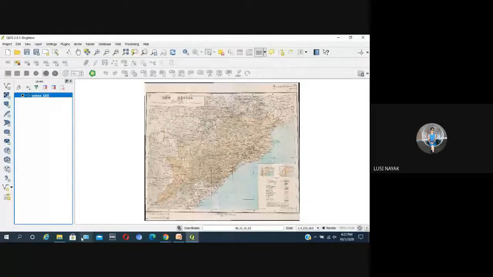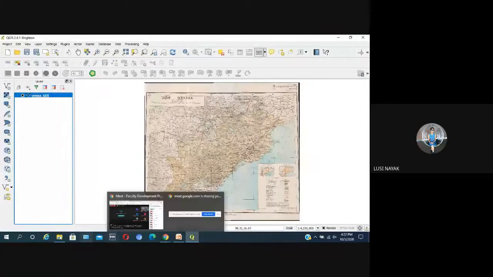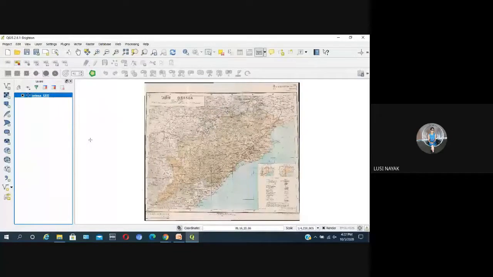Yes, now I just want to clarify. Somebody asked, what is the requirement of this? Georeferencing, this is the term, isn't it? So what is georeferencing? Matching a hard copy map, a paper map, to its actual locations on Earth's surface. That is georeferencing. We have got an Odisha map, and if it is not georeferenced, we are unable to get the coordinates of any location. We are unable to measure any distances.